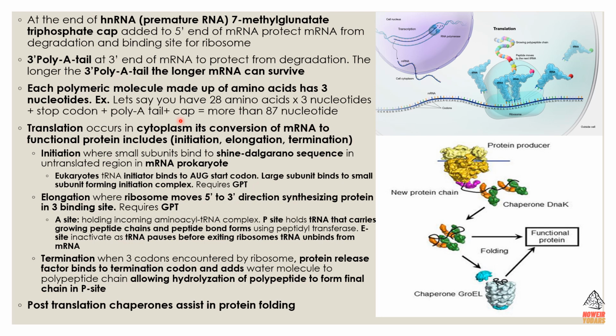So you would calculate that, and then you would recognize, oh, that's kind of like lower than 87, but no, that's not the case here. Alright, lower or equal 87, but that's not the case here because you forgot the post-transcription modification. These also count as nucleotides. Alright, so you got the stop codon, you got the start codon, you got the poly A tail, you got the cap. These count towards the amount of nucleotides you have.